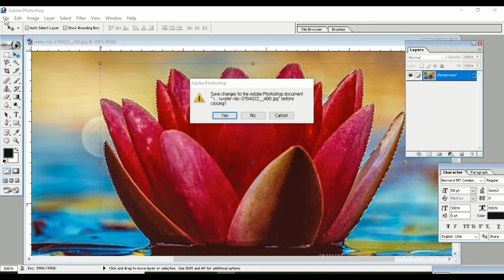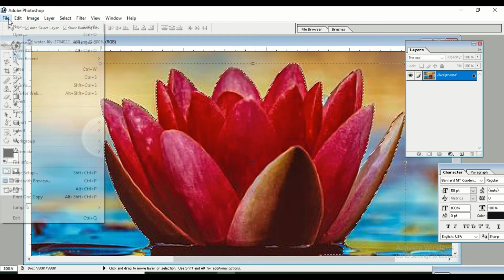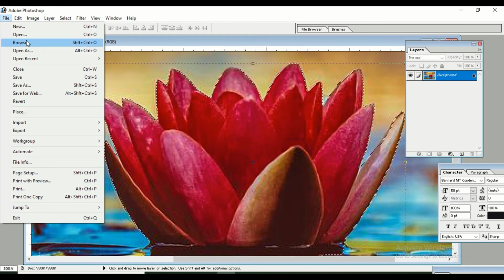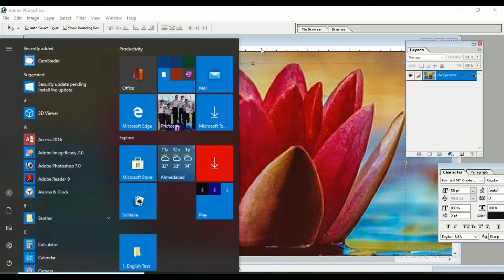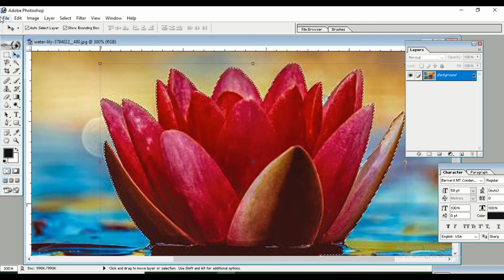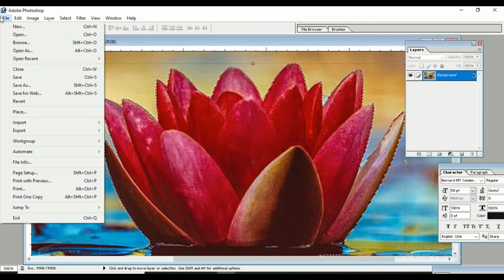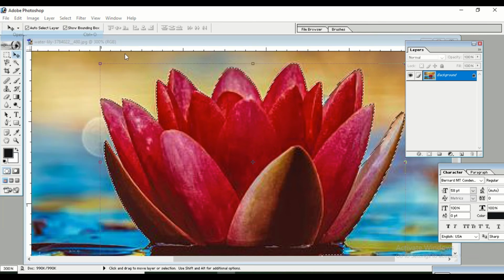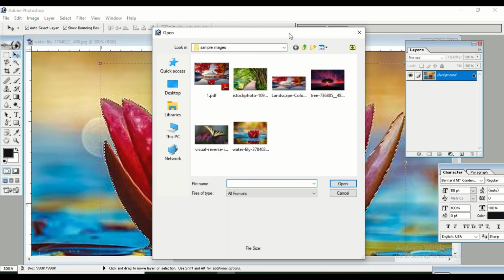Okay, so File. For that, if we want another file in the background, we need to take a PDF file. Right now if you don't have a PDF file, then create a PDF file here.